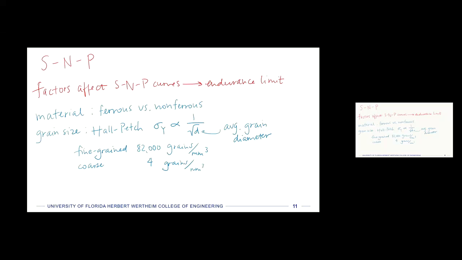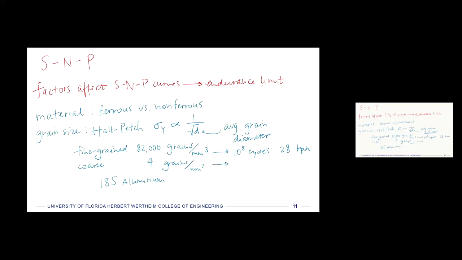But the endurance limit for this one, they give it as 18S aluminum alloy, and whoops, I used the word endurance limit. The fatigue strength at 10 to the 8 cycles. So at 10 to the 8 cycles, the fatigue strength of the fine-grained one is something like 28 kpsi,